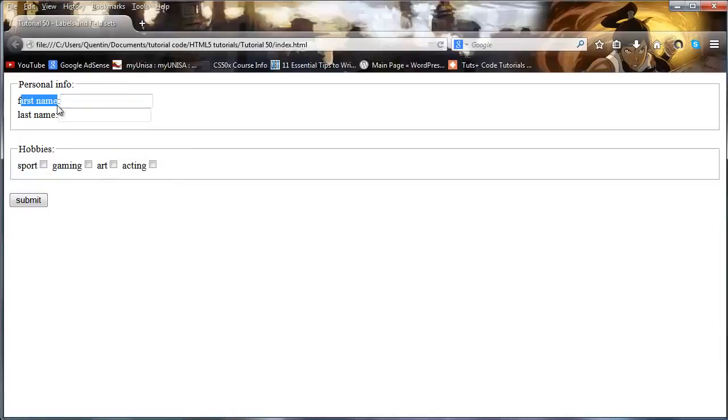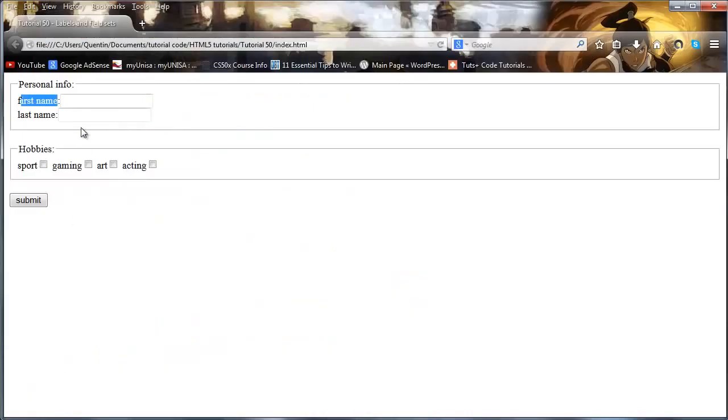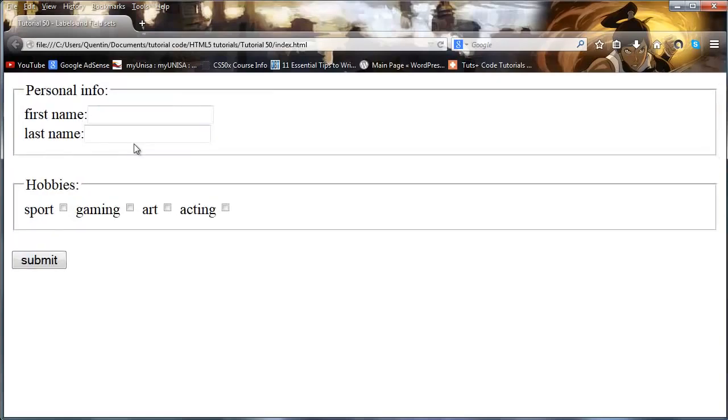But it is useful to have this word first name surrounded by those label tags, because we can use that label tag later on and style it to be exactly the same size. So all our labels will be the same size, and therefore it'll make our form look a lot more tidy. Again, if you take a look at this form now, I'm going to zoom in, you can see that